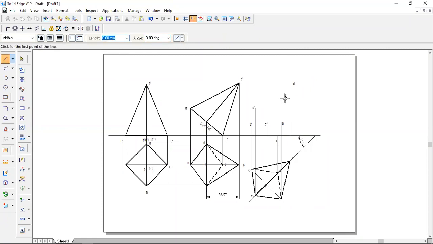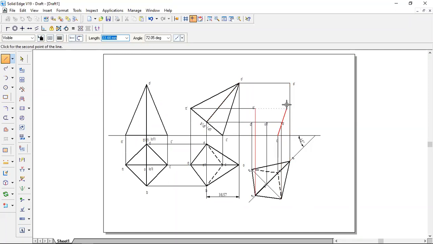You need to join all the horizontal projection to that end point like this. Then from A dash to A dash. Then from this point to this point. Then till this point. Okay. Then that's all. C is anyhow on the XY line, so you can join. Now what you have to do, as I told you, you need to draw the outer view starting from C.